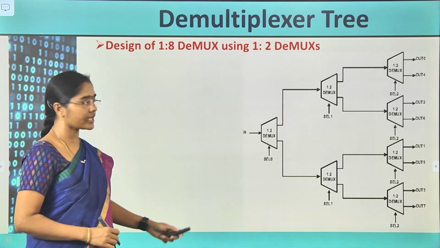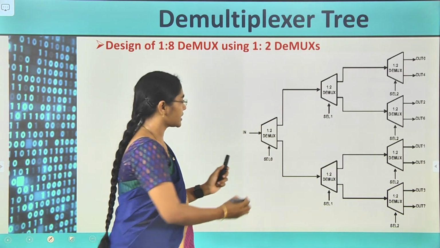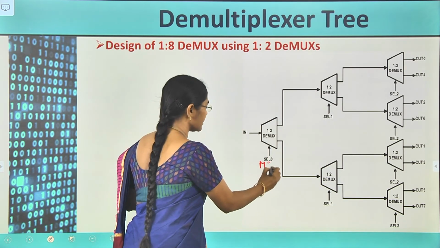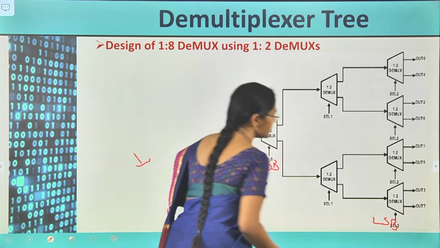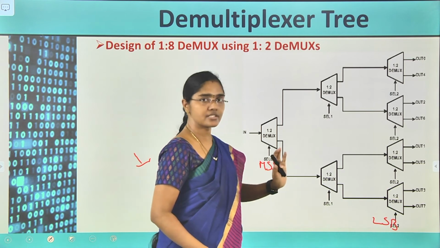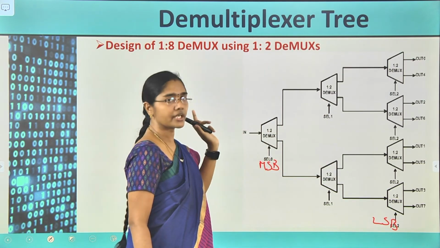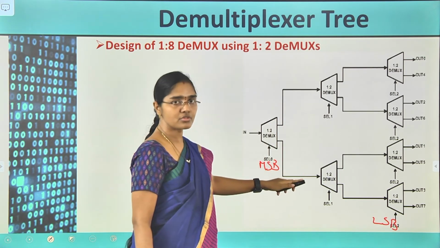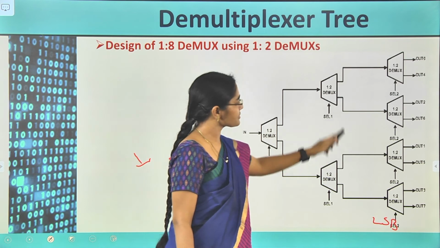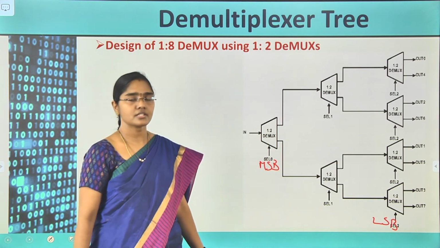Let's see the diagram. The 7 demultiplexers are connected with the MSB in the selection signals here, the LSB here, and the middle signal in the middle stage, with a total of 8 outputs and the input line. The outputs of the first stage demultiplexers are connected as inputs of the second stage, and the outputs of the second stage demultiplexers are connected as inputs of the last stage.